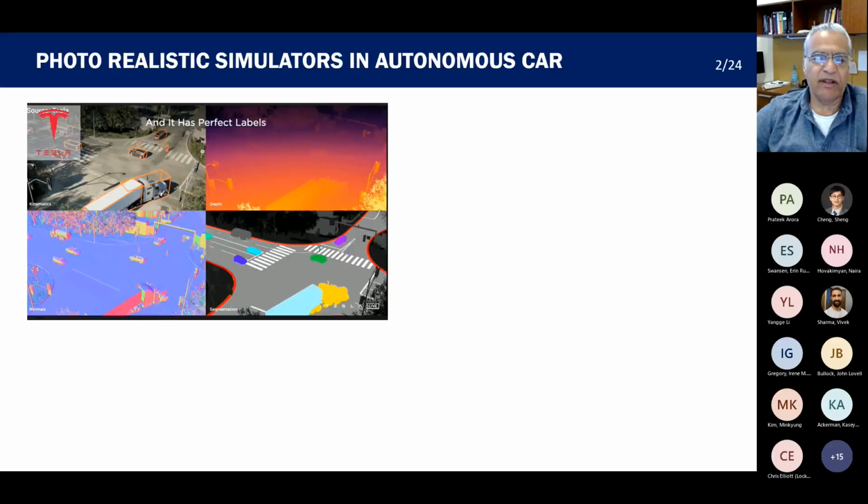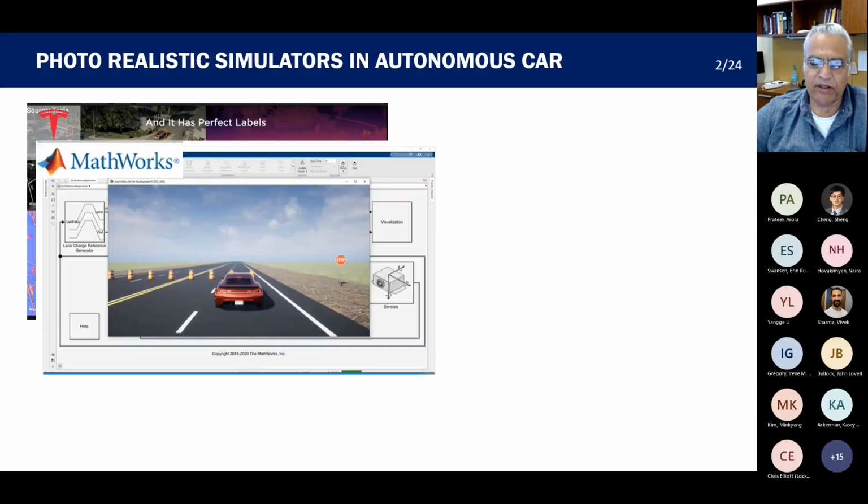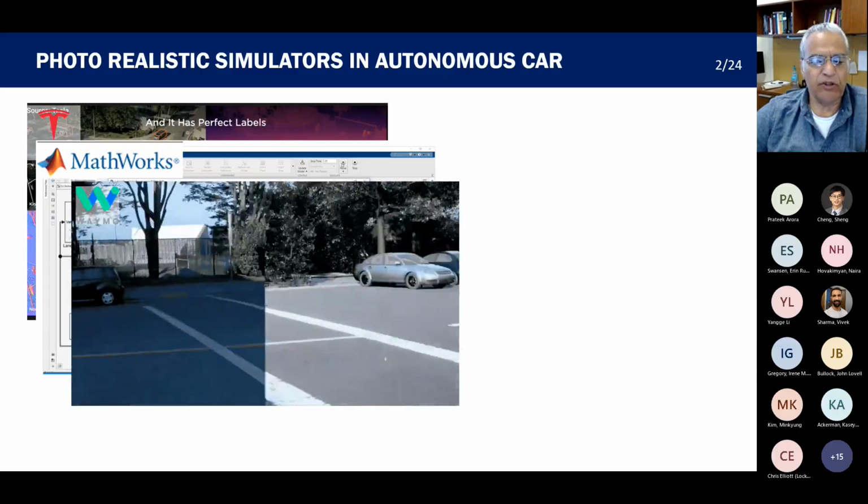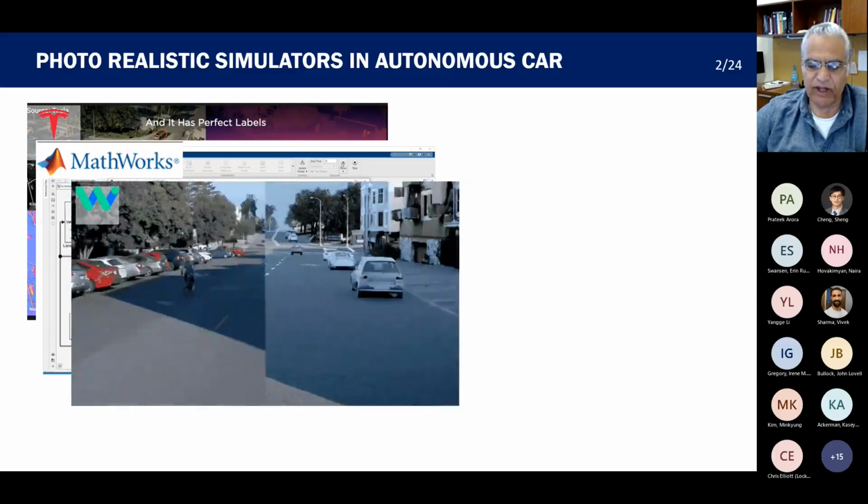Now, in terms of simulation environment, there have been lots of developments in the area of autonomous vehicles, autonomous cars. Tesla has been using photorealistic simulations, primarily using a virtual reality game engine kind of environment to test things out. Other companies are moving in that direction, like MATLAB, which has been providing tools that connect to the Unreal game engine. Also Waymo is doing a lot of this type of simulation